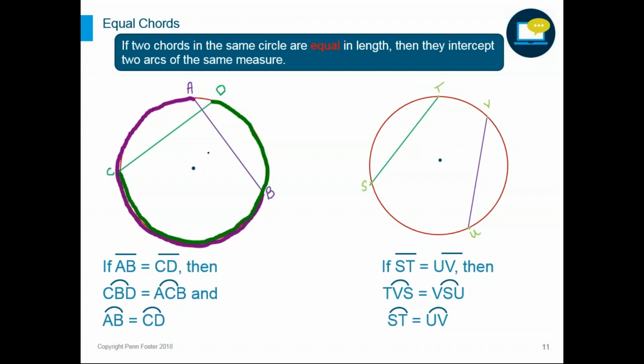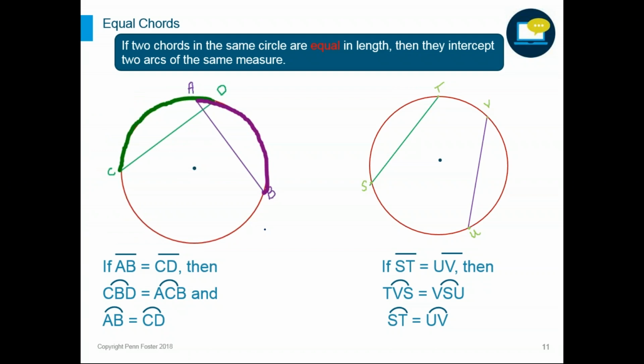So it is ACB. So these two major arcs are equal because the chords are equal themselves. Also, there are other sets of arcs that are equal because of the two chords being equal, which are the minor arcs. So CD will equal